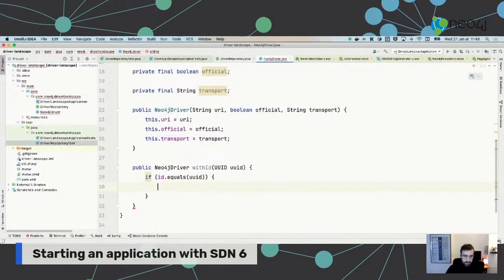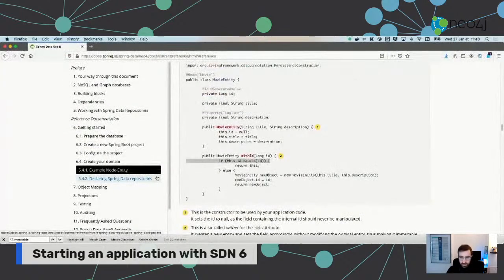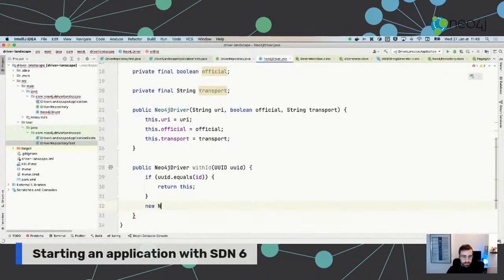And so if ID equals this, then maybe, yeah, let's flip. If the UID equals my ID already, then I just return this because I don't have any change to do. Otherwise, I just need to create a new instance, new Neo4j driver with this URI, or maybe